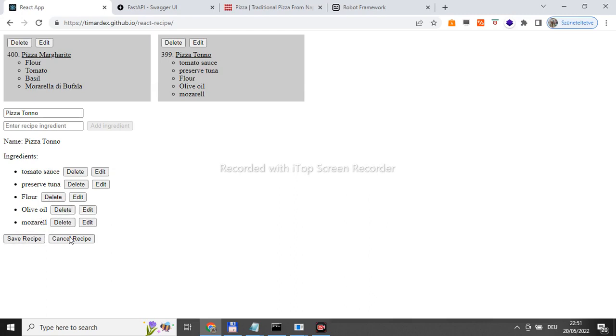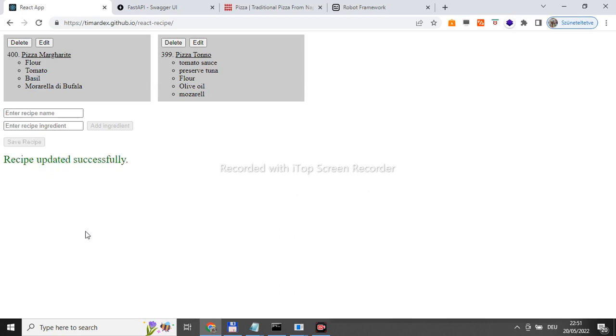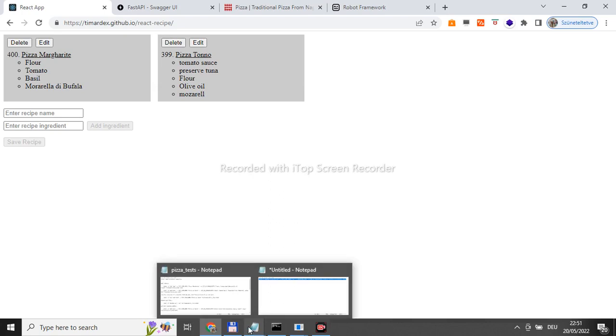and yes, that's all. Of course we can cancel modifying a recipe, but we saved when we have modified it. So there was no change this time, and of course we can delete pizza with this button, or we can delete pizza margherita with this button. What this Robot Framework project does is that it automates the operations I have shown here for you. So